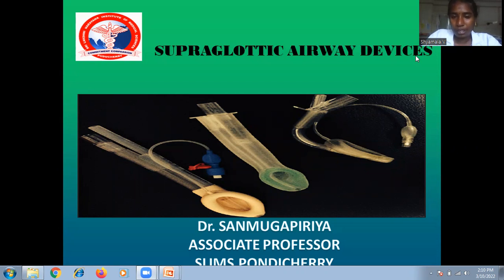What is a supraglottic airway device? Any idea? A supraglottic airway device is nothing but a device which is placed above the glottis to maintain the airway. So moving on to the topic per se, before that we should know